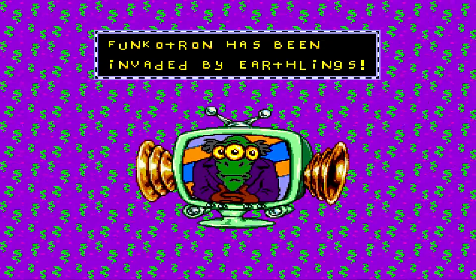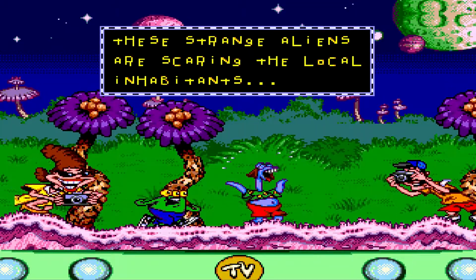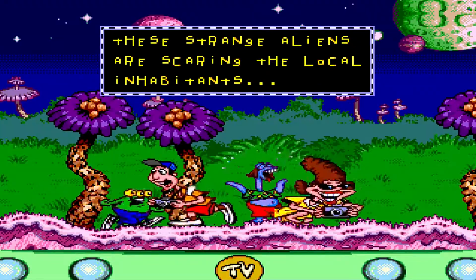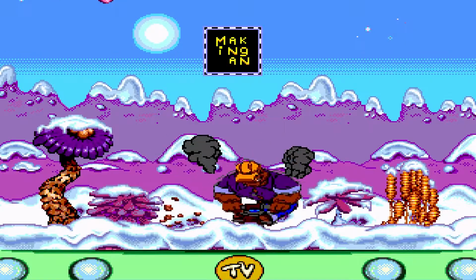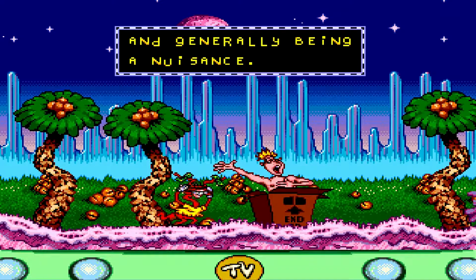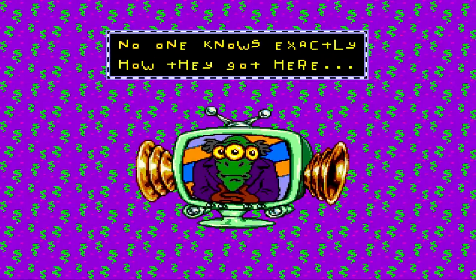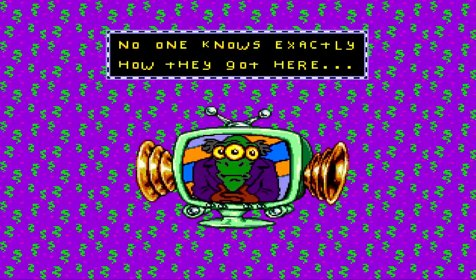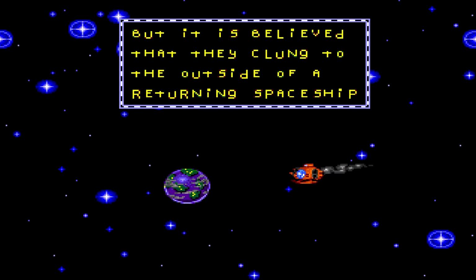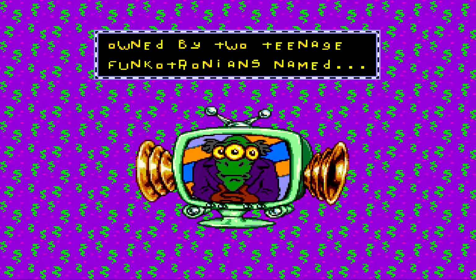Funkotron has been invaded by Earthlings. These strange aliens are scaring the local inhabitants. Making an awful mess. Generally being a nuisance. No one knows exactly how they got here. But it is believed that they clung to the outside of a returning spaceship, owned by two teenage Funkotronians named